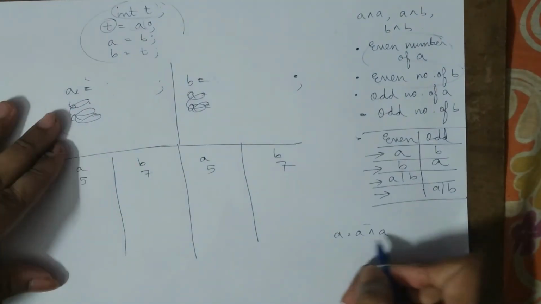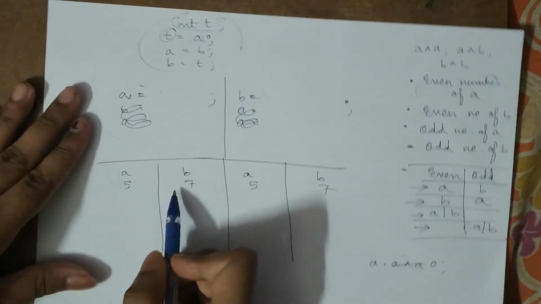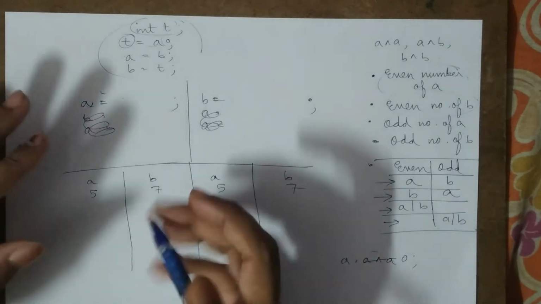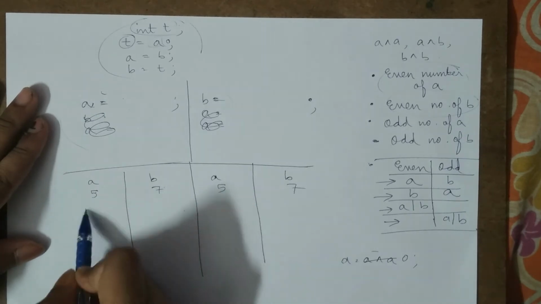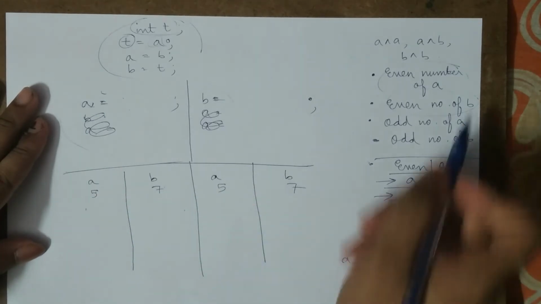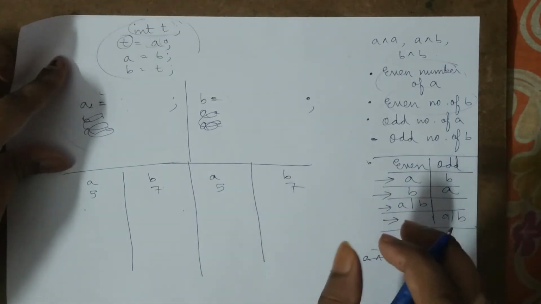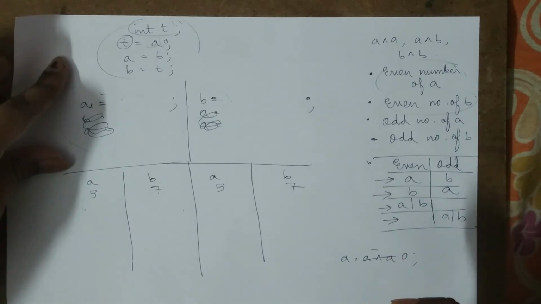So if we write A is equal to A XOR A, then A will be equal to 0 and A will be lost. Which means if A was 5 over here, it will be converted to 0, and then there would have been no possibility where we could have got A over here and B over here. So whenever a number is present an even number of times, we will cancel those cases, which will shorten our thinking process, or narrow down our path to the correctness of the code.